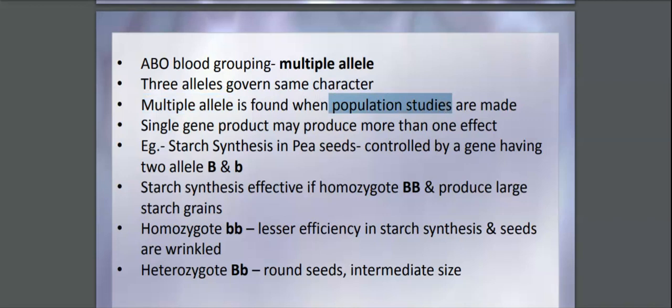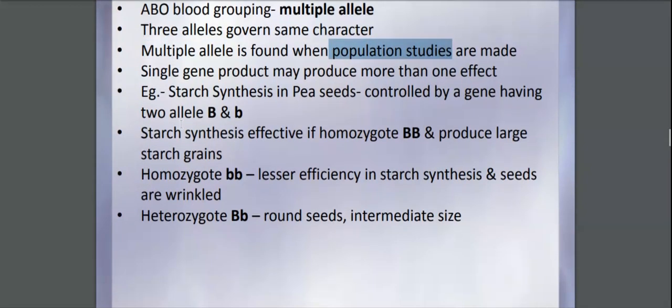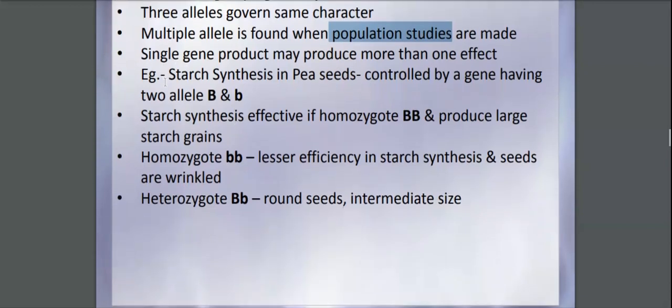Now, the next thing that's mentioned in your book is also important, and that is an example of pleiotropy. The word is not mentioned here, but I will be putting the definition and the term in the chat box. Whatever important points are there will be listed out in the chat box. Please copy and paste it, or you can write it down in your book. You can copy and paste in a separate document on your system, or you can write these points in your text, but please keep note of these important points. So the final thing in this tutorial is about